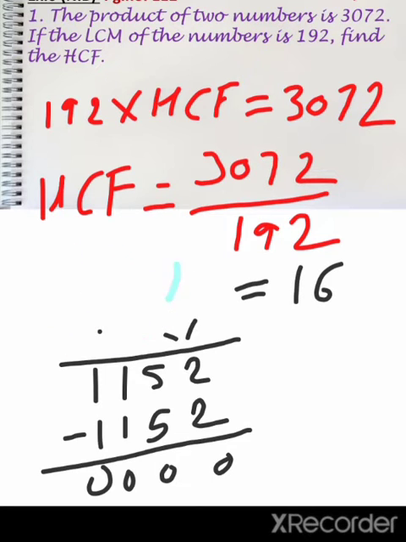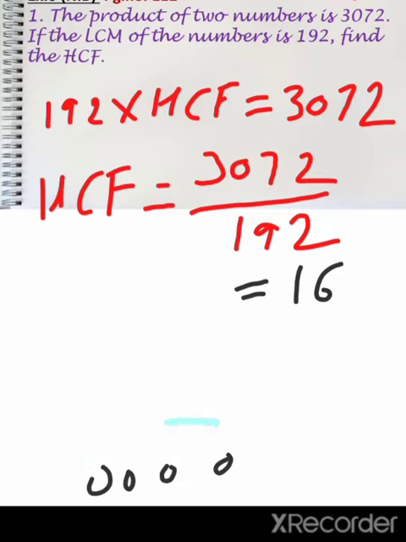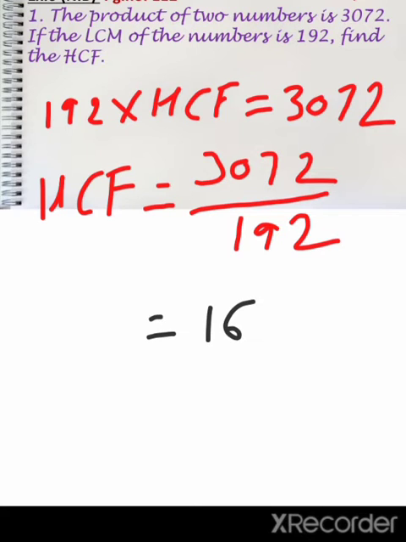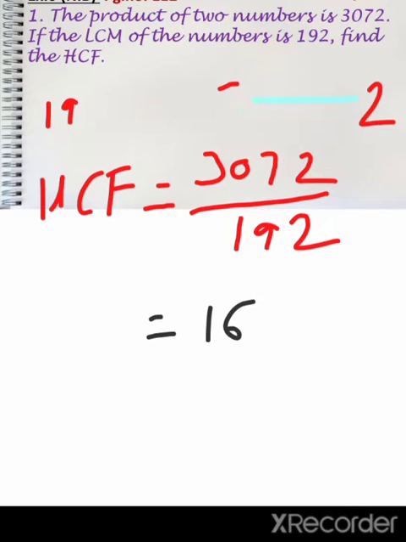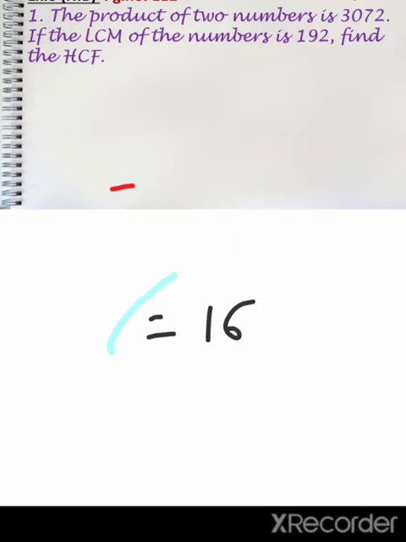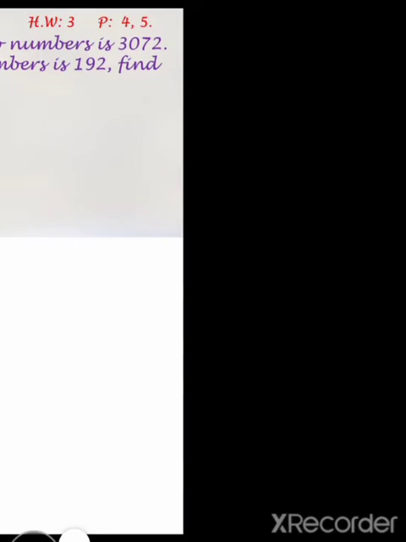Yes or no? Right? So by using this fact, we just now came to know what the HCF is. Again I'm repeating, if HCF is given you can find the LCM, if LCM is given you can find the HCF by just dividing the product by the given one. Like if HCF is given, divide by HCF; if LCM is given, divide by LCM. Let's see one more sum where HCF and LCM both are given